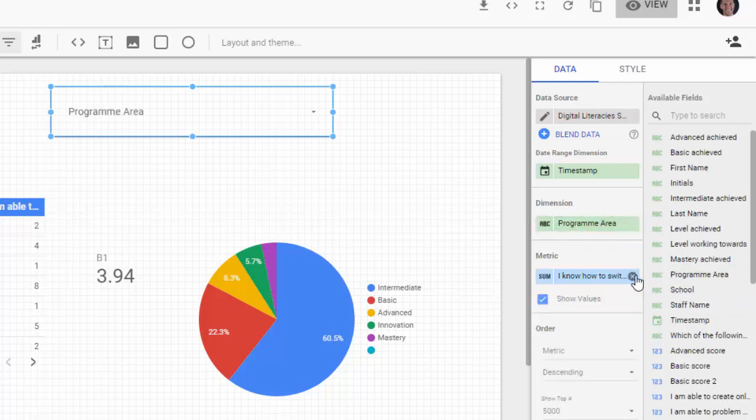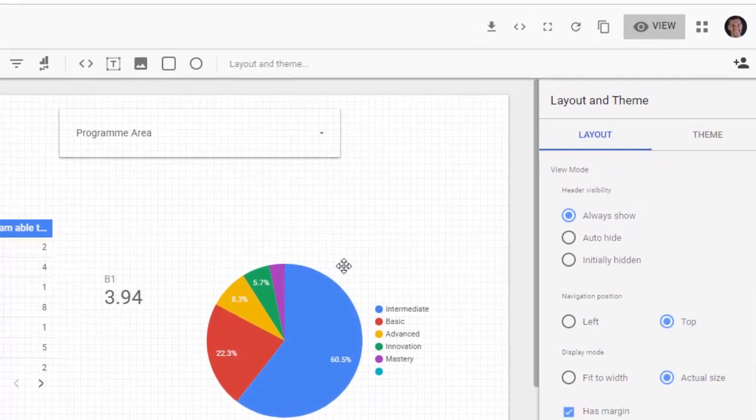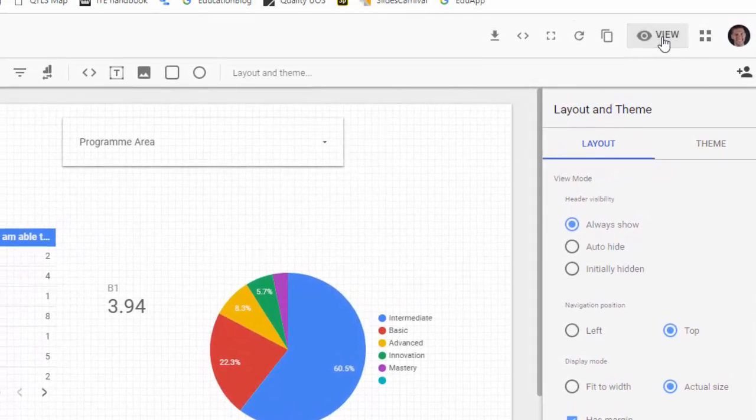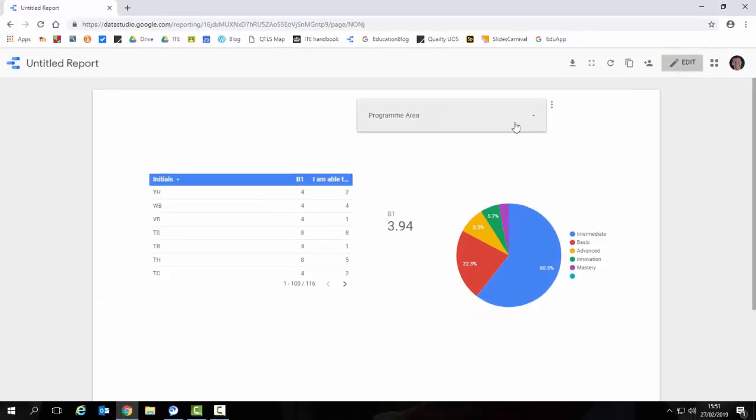We got all our staff members to say which program area they came from, and I'm going to leave off the metric as well because I don't want that on there. So I'm just going to use that dimension there as program area. I can switch between what it's going to look like from my edit mode to actually what it looks like to view. If someone was going to view this report, just at the top right, I'm going to click view,